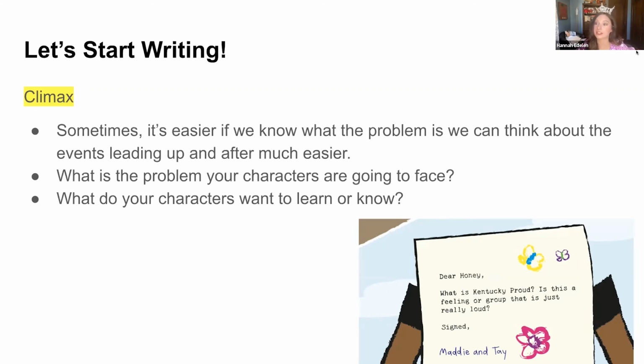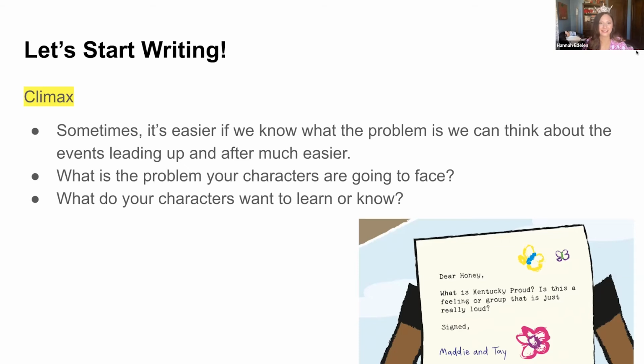Oh, I think we got somebody else who's going to share. "Sisters are fighting because their parents are letting them go somewhere, but they're both fighting because they don't know where to go, because they all want to go different places." That's a good story. And you know what? That could be a real story in many ways. So you might think, how would they solve that problem? Are they going to rock, paper, scissors it out? Or are they going to roll dice to see who gets the highest number? How are they going to figure that out? So that'll be something you can think through. Good job. Thanks for sharing.